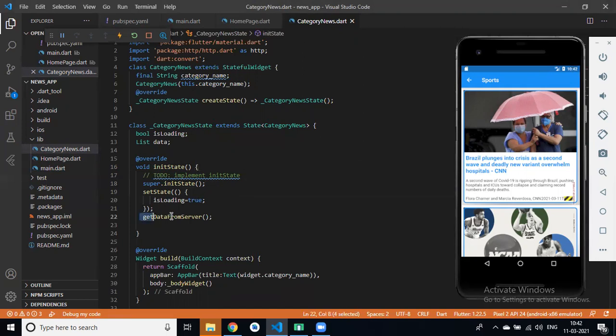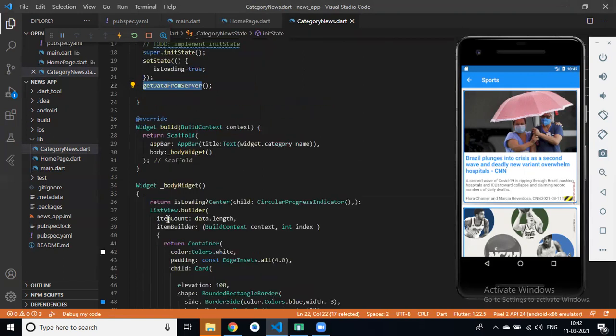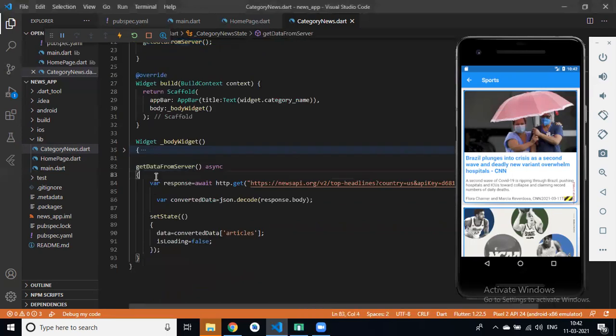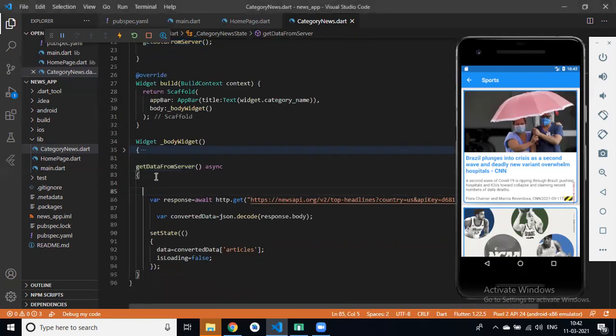In get data from server, we can do one thing, like switch case. With the help of switch case, we can change our URL, right?